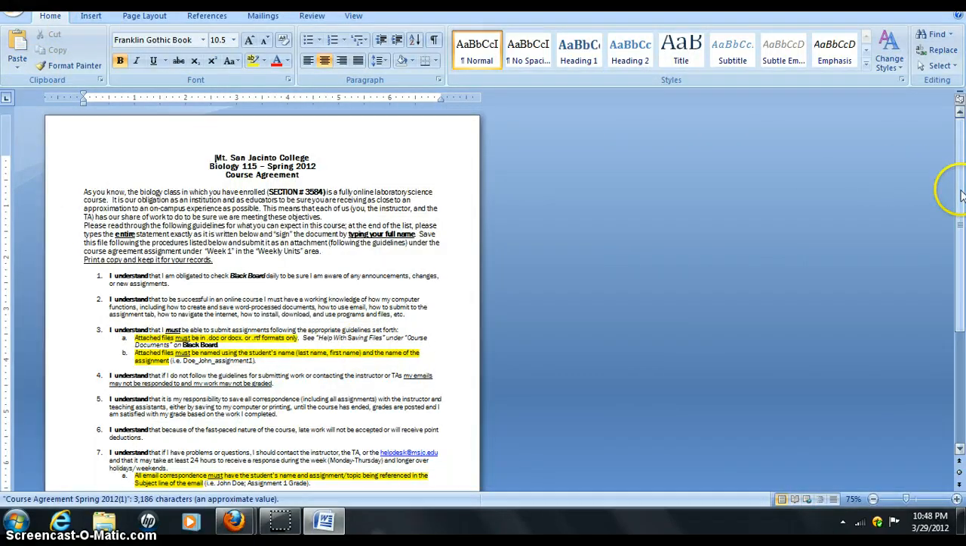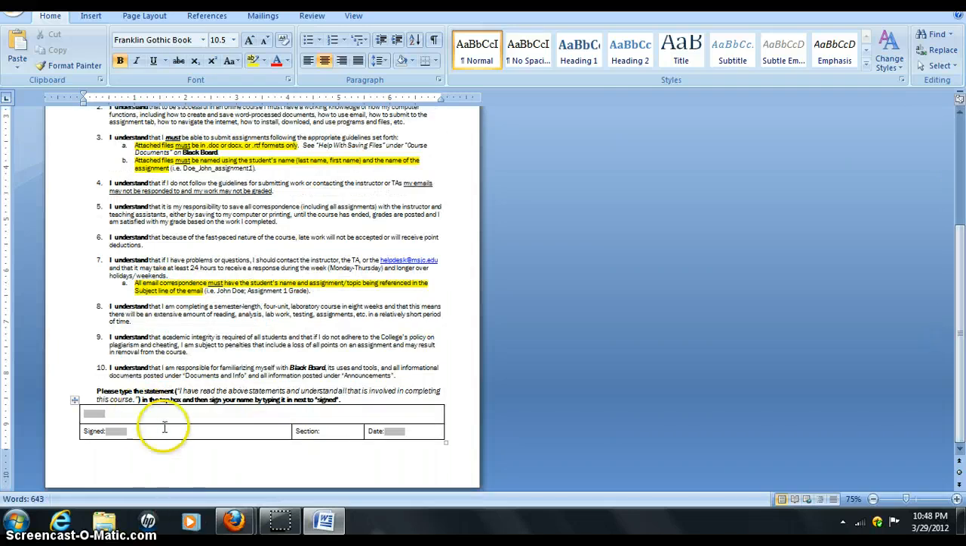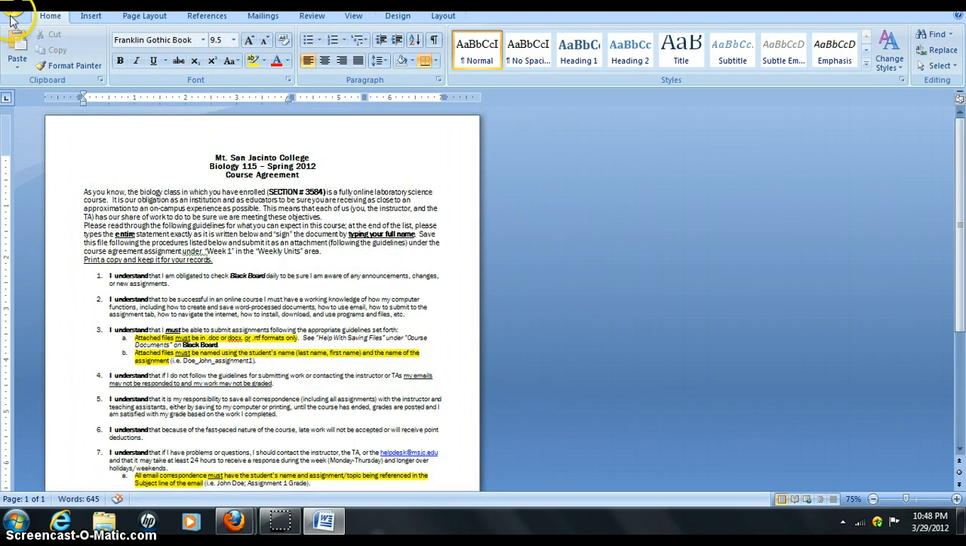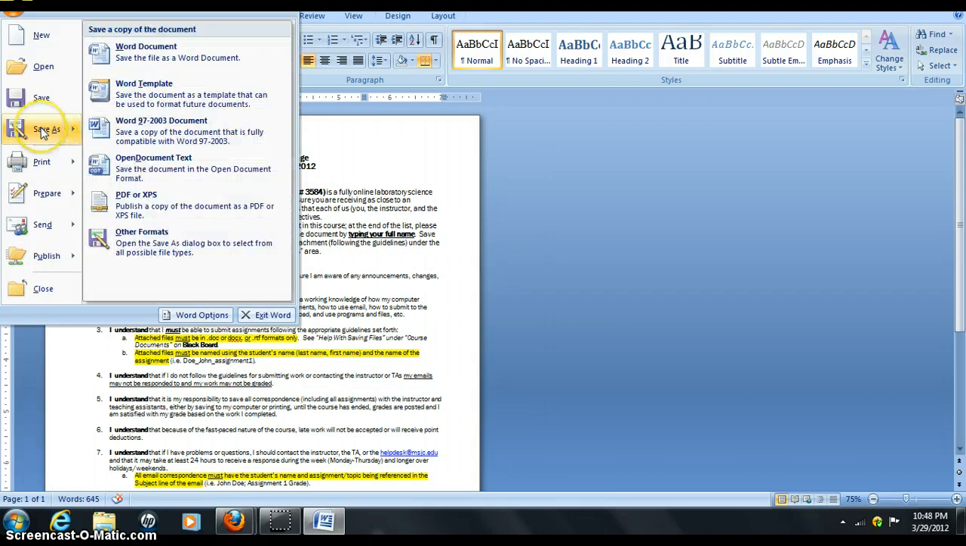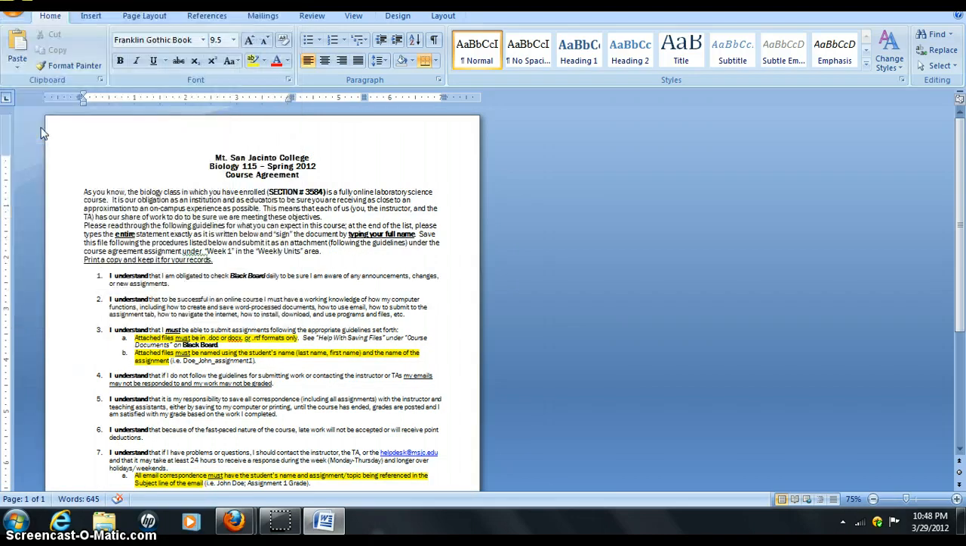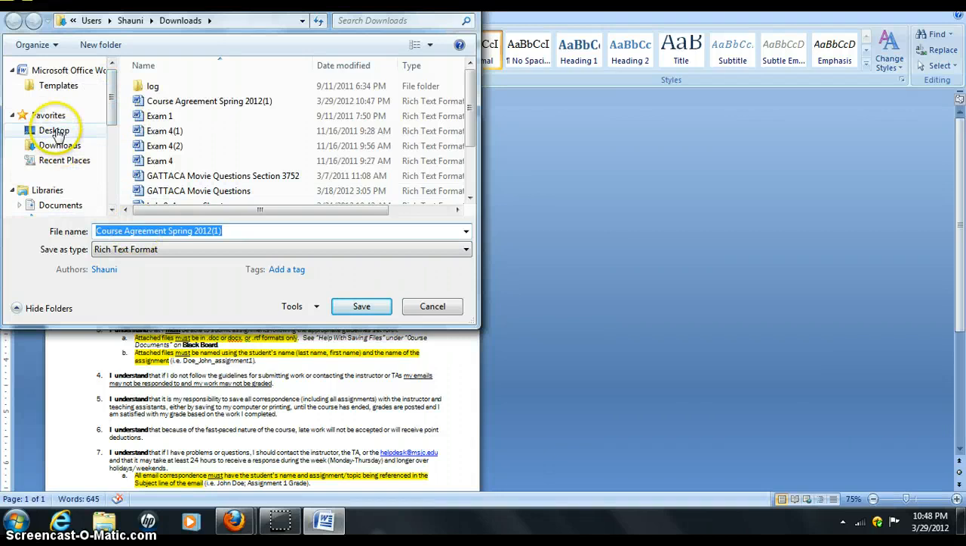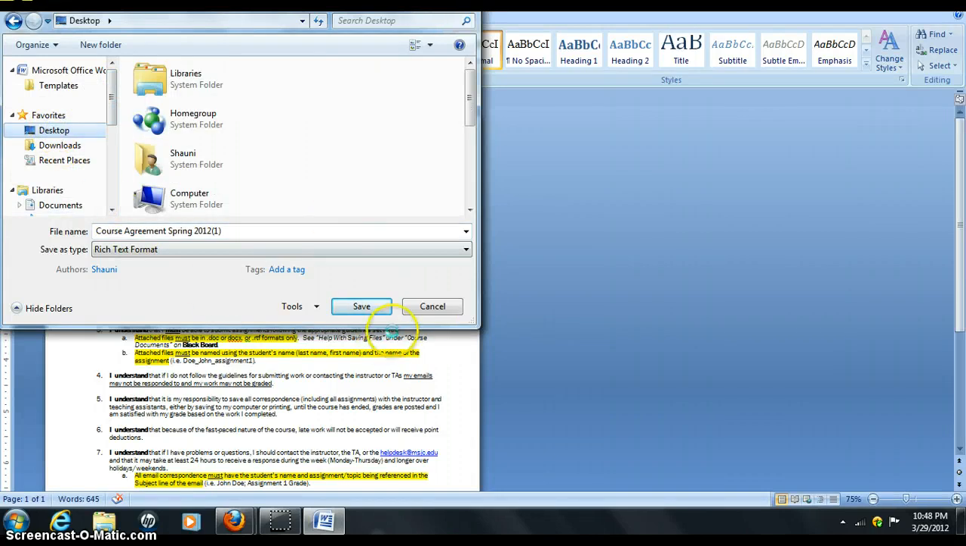So here is the course agreement. So then I would type, I'm just going to put I agree and type my name, right, and complete it properly. Okay, and then I'm going to save it, and I'm going to save it onto my desktop because that's an easier place to find it,